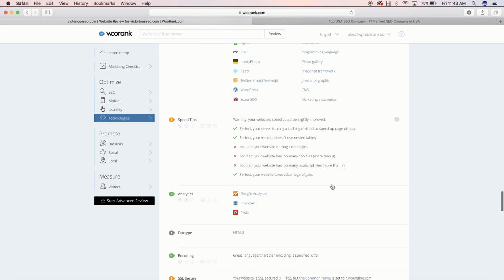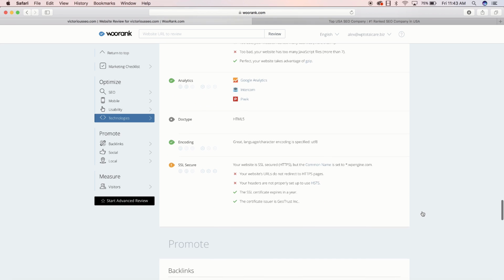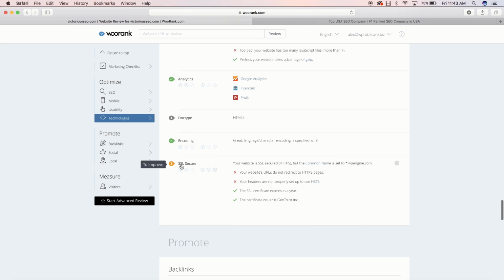Speed tips, again, that kind of speaks to the performance of the website. They should be improving on that. They should really have an SSL. One thing to bear in mind with SSL is that an SSL is a certificate, a secure sockets layer certificate, and that says to Google and other search engines and to visitors when you come onto a website that